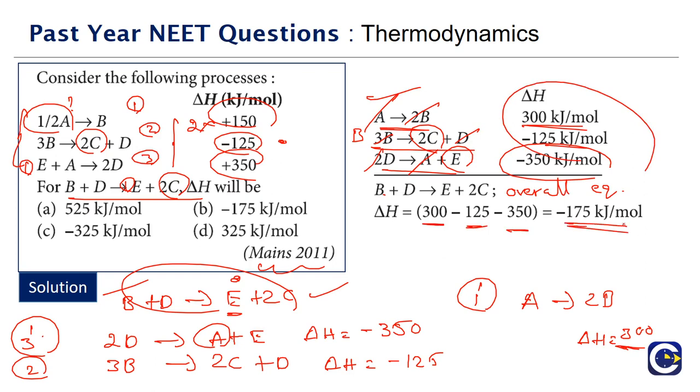And again, while we are solving problems in thermodynamics, we have to be careful about the plus and minus. Luckily here we don't have that plus and minus issue. But in most of the questions, if you have a minus answer you might have a plus answer with the same number. So we have to be doubly careful with regard to these sign conventions. Clear? So this is a problem based on the application of Hess law.